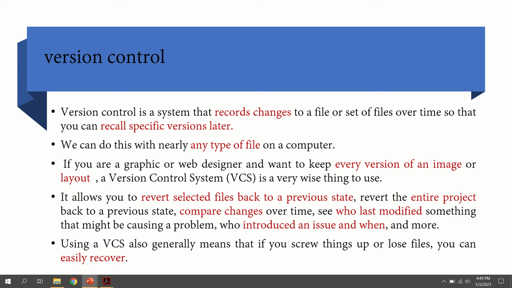And the next thing we can do in a version control system is identify who is the person who has modified a file. I also said that the version control system is most useful whenever you are doing a project. Normally a project includes a lot of developers. It's teamwork. Suppose 10 persons are working together to do a project.